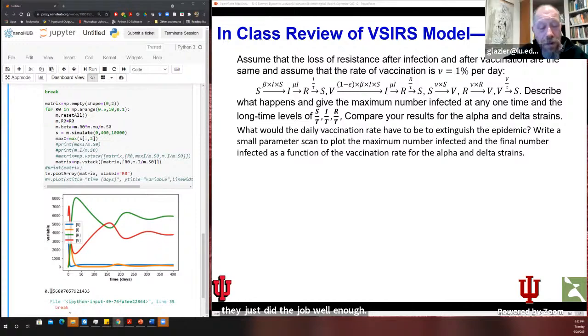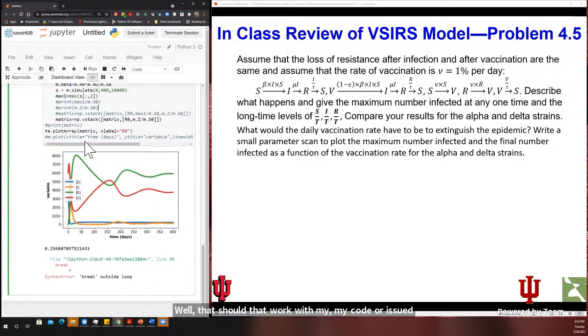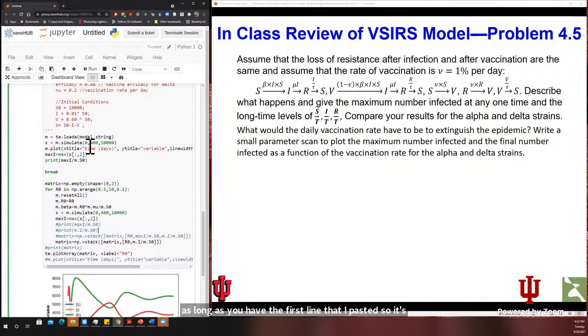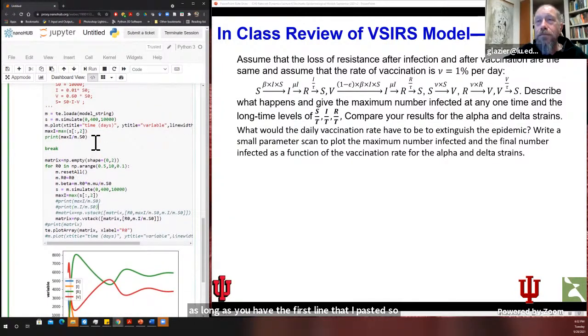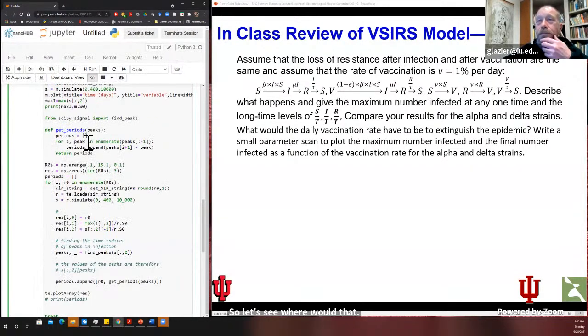Well, should that work with my code? It should, as long as you have the first line that I pasted. So it's from scipy.signal import find_peaks. So let's see, where would that go? Okay, but the